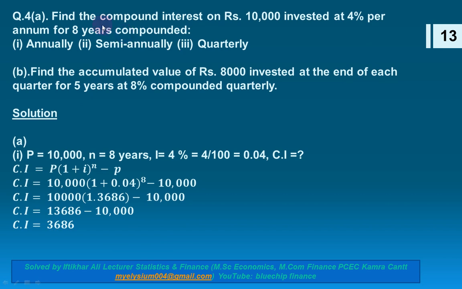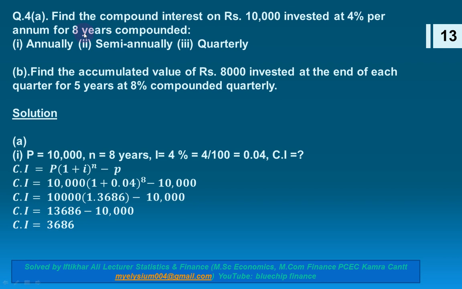Compound interest is always equal to P multiplied by 1 plus I raised to power n minus P. So here P is 10,000 invested at 4% per annum, the interest rate is 4% per year, and